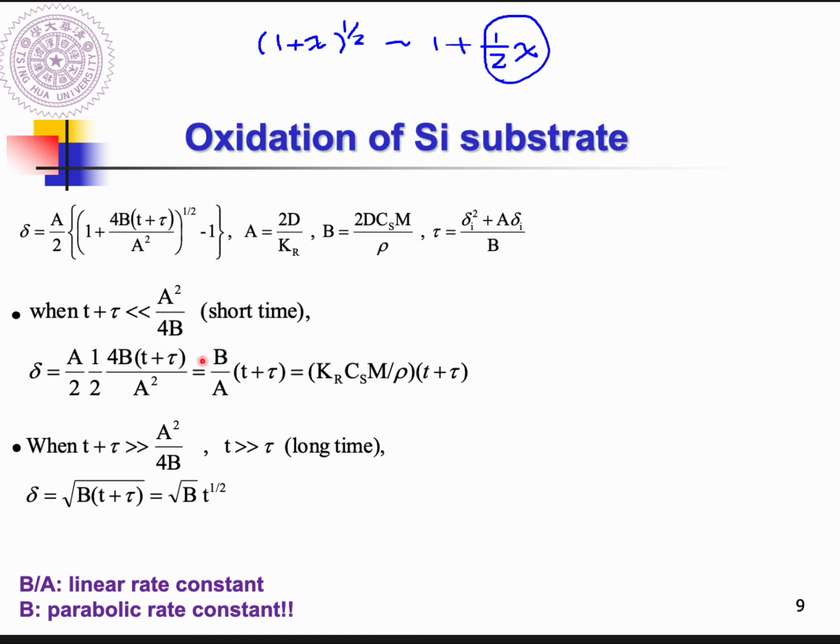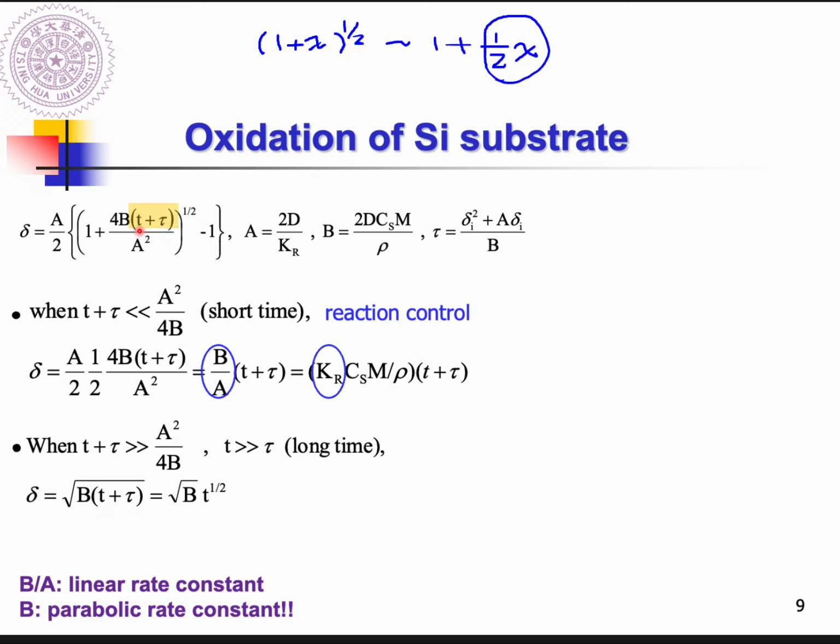Okay, and this is the short time. So when in the short time doing the reactions, the thickness of the dioxide layer will be proportional to the rate constant, in the wet method, so it will be the reaction control. But on the other hand, if t plus tau is much larger, this is quite large,